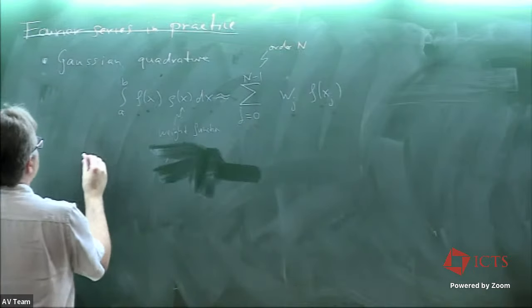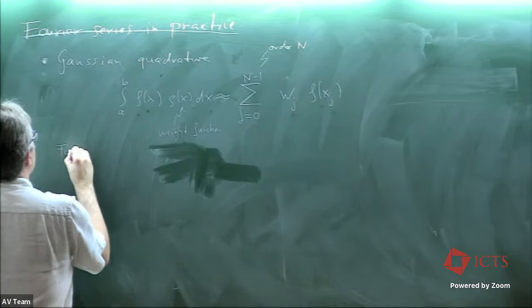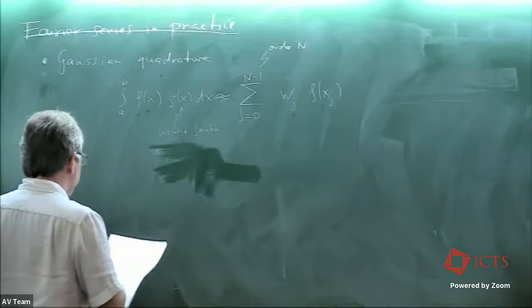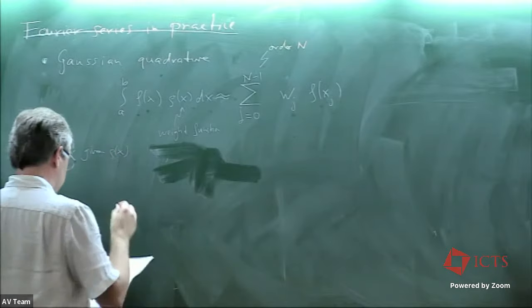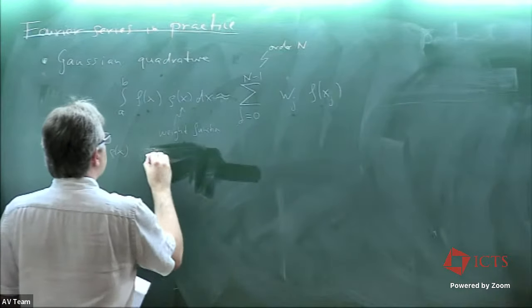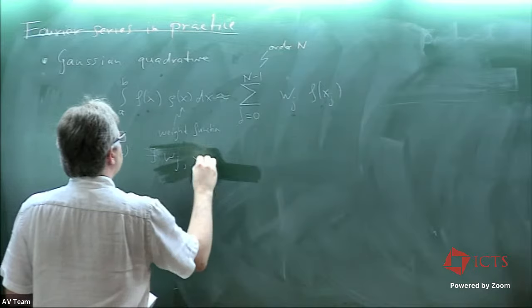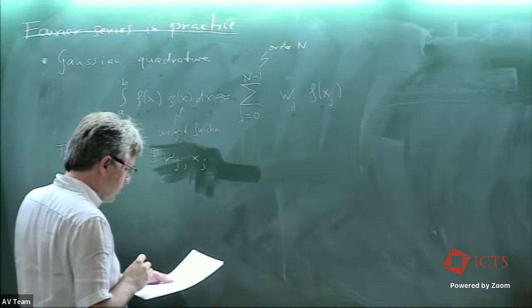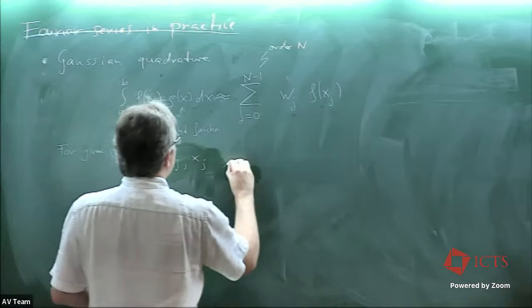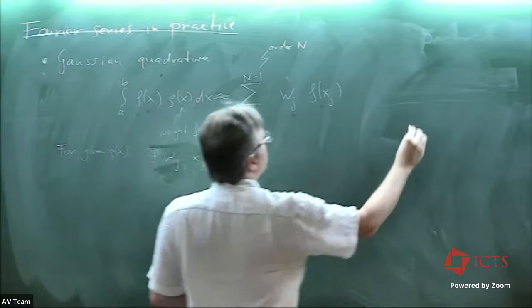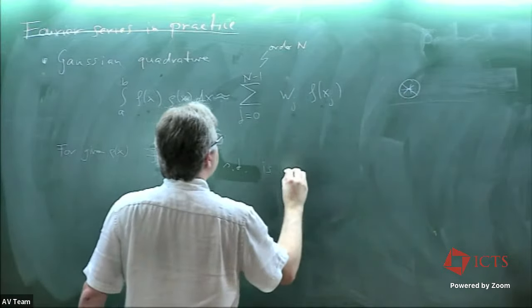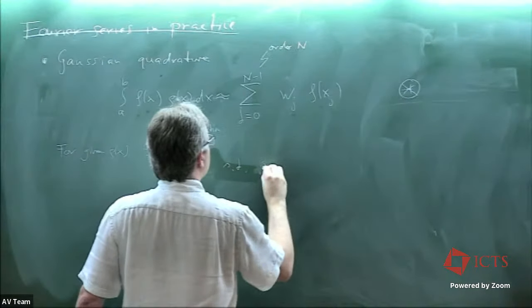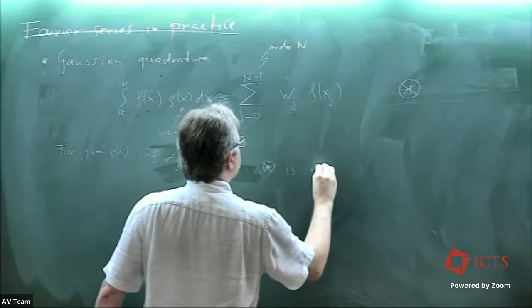Specifically, what was shown by Gauss and others is that for a given rho, there exist weights and collocation points, grid points, such that this formula up here, star, is exact